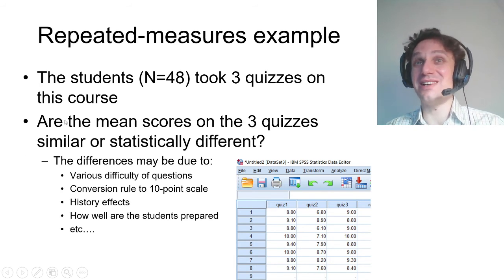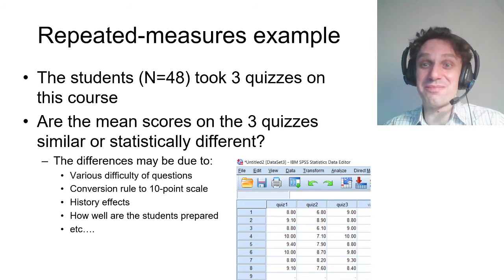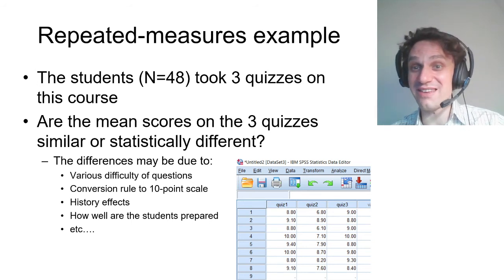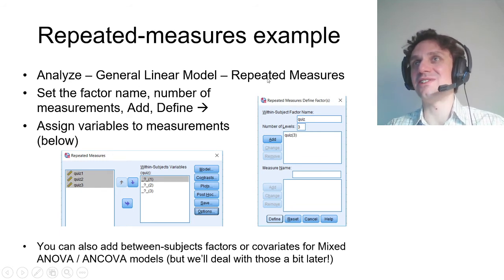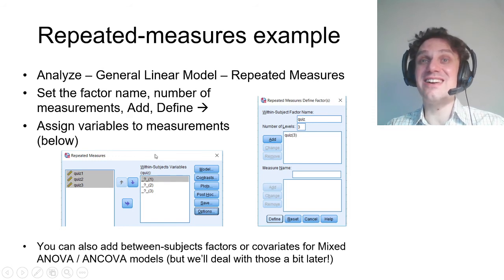So I was interested whether the mean scores on these 3 quizzes are similar or significantly different, which would suggest that either the quizzes are not equally difficult, or the students' level of preparation is not the same. So when I set up repeated measures ANOVA, I have these 3 variables with measurement level set correctly to scale, and I go in SPSS to Analyze, General Linear Model, Repeated Measures, and there I need to